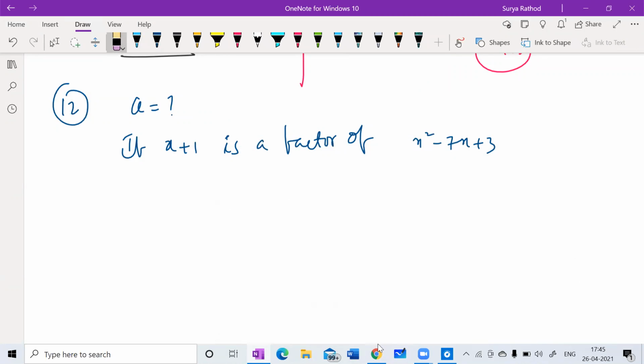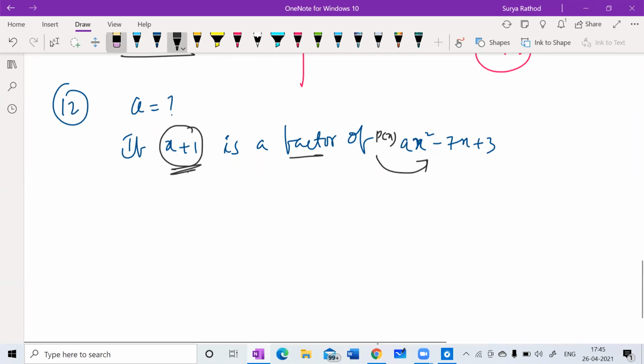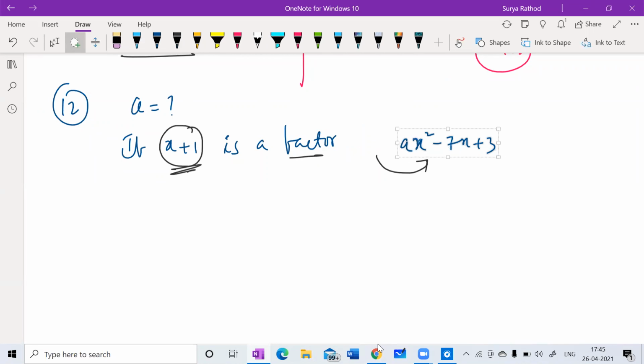Tell me, how can we solve this? Any one of you? Sir, we can replace the value of x in the equation with -1. Very good. See here what I'm telling here. If it is a factor of this polynomial, it is a p of x polynomial given. What is this? Let me just write this. Factor of p of x is equal to this one. He has given that x plus 1 is a factor of this one.